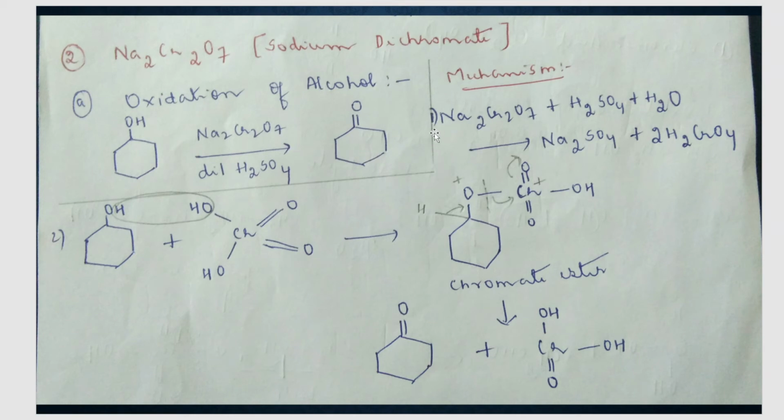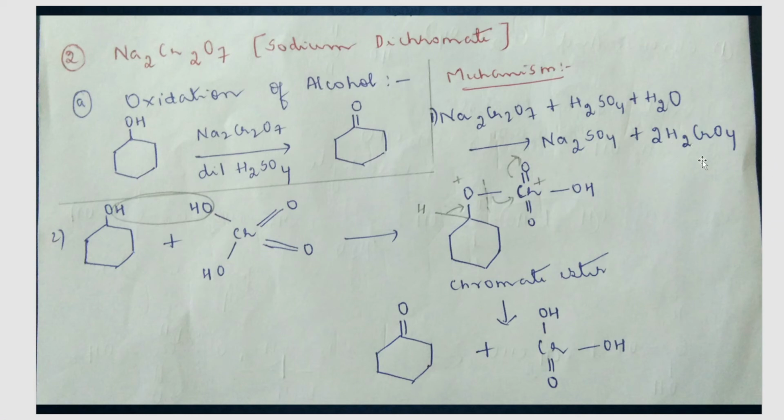Step number one is over here. You're taking sodium dichromate first of all in the presence of dilute H2SO4, so water is also there. What do we get? We get Na2SO4. This is not important. This is what is important for us: H2CrO4. What is H2CrO4, students? This is nothing but your chromic acid. So sodium dichromate will give you the chromic acid, which is actually carrying out this oxidation reaction. You have to write this as step number one, which shows how we got the chromic acid.